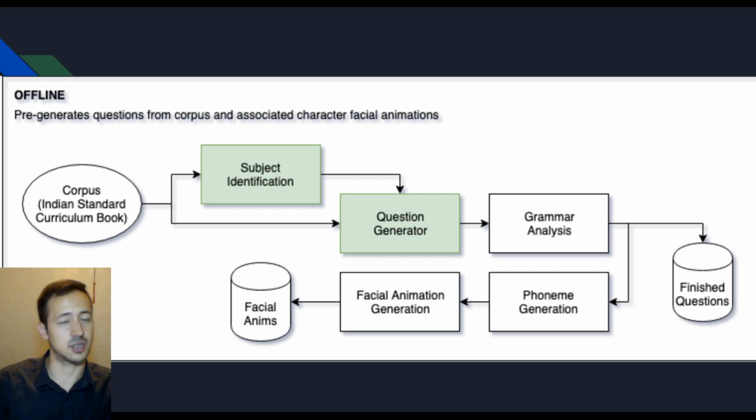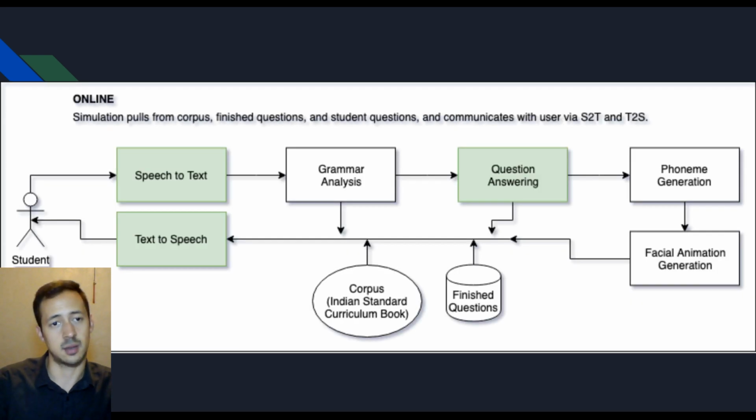That is taking the information from the textbook, running that through Google's entity identification to identify the subjects, then generating questions using the natural language processing library, and all of that through a grammar analysis tool, and then sending the lines through a phoneme and facial animation generation step to generate those facial animations, and then that'll be used online